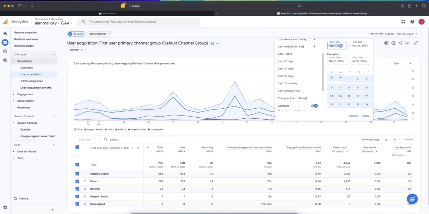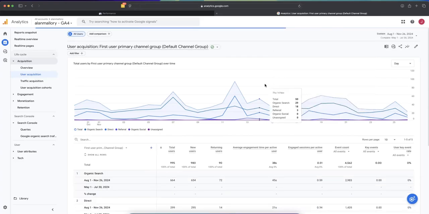So again, this date range pertains to the dates where you have started your campaign, and these are the dates where there is no running campaign. So let's click apply,